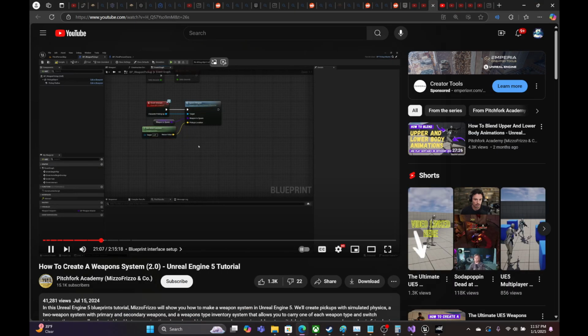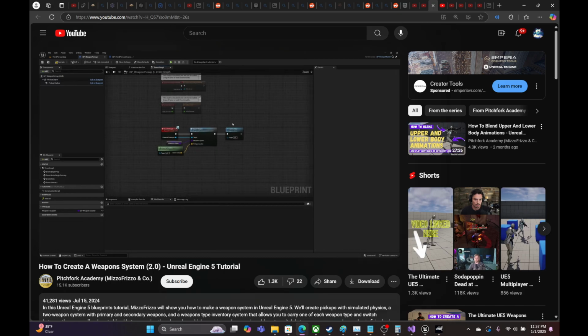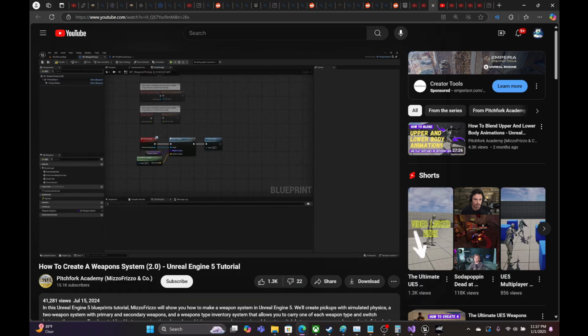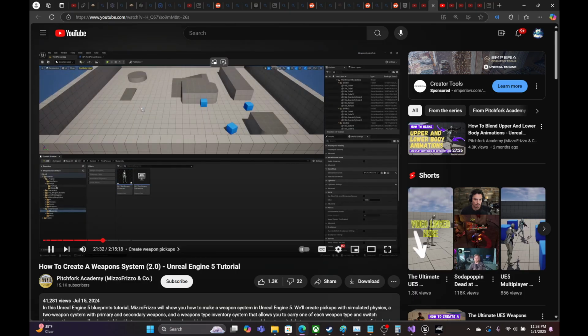for the pickup's location like so. And then once we've called that, we want this pickup on the ground to just disappear. So we can just drag off of here and destroy actor like so. That is basically all of the logic we need in here. This is totally set up now, the BP weapon pickup, so we can compile and save and close that. And then in